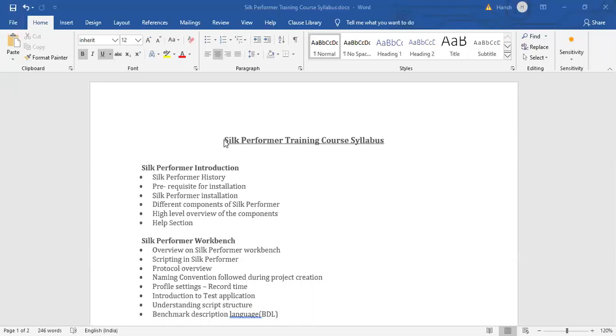With Silk Performer, one can build a performance test script, create a workload model based on the performance testing need, execute the test, and even monitor the test execution at runtime. And at the end, it also gives you the results for various performance metrics and statistics, which help you to analyze the application performance during the performance test.